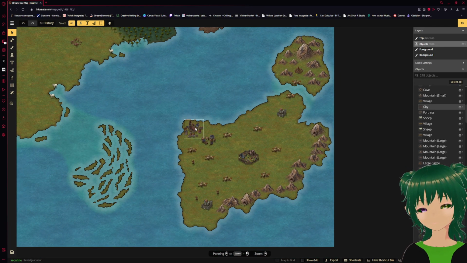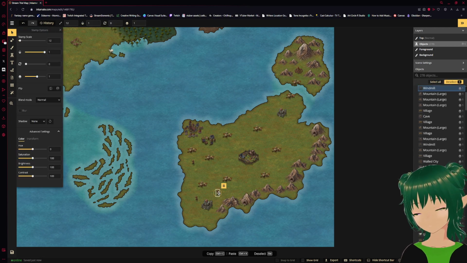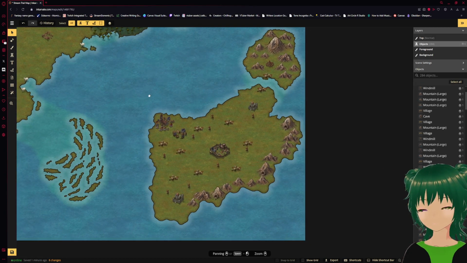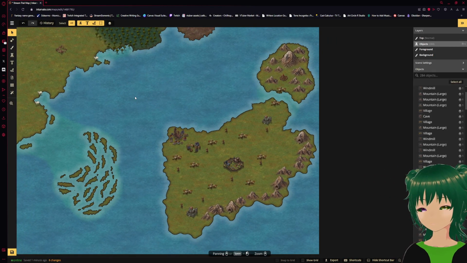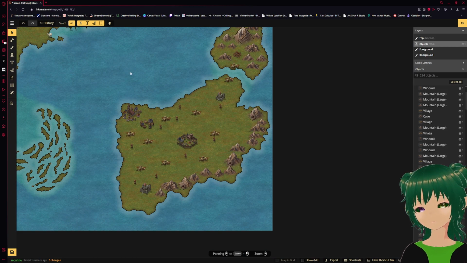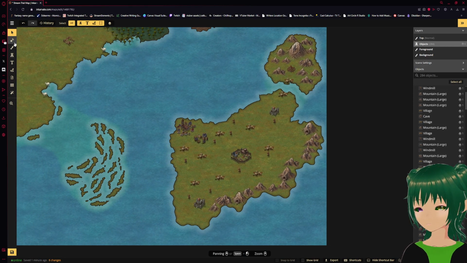So we have towns, cities, villages, some forts. We can dot a few more of the windmills around. Represent some farmland. A few more sheep on the mainland, but we'll get to that later. Next,